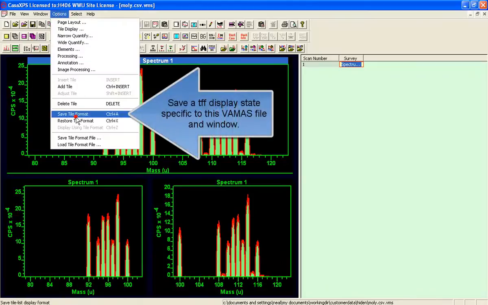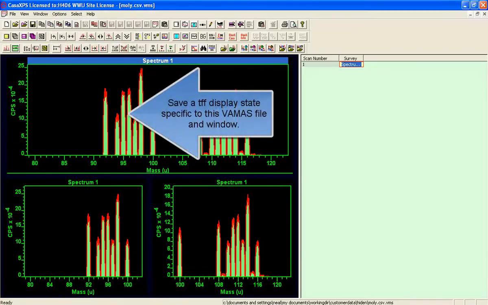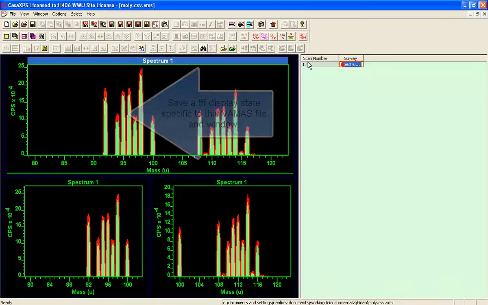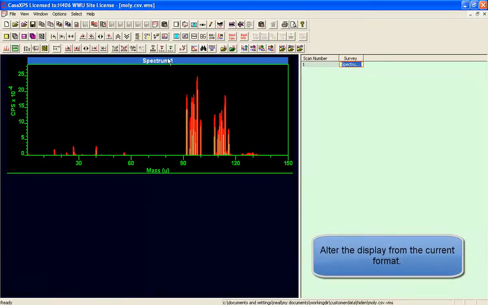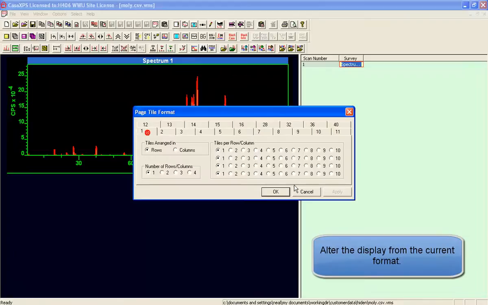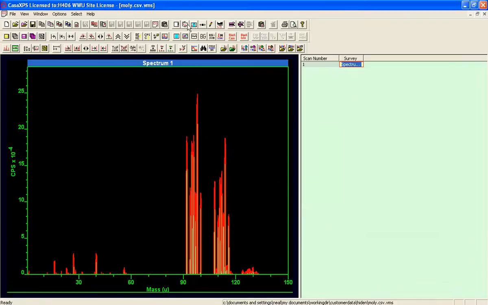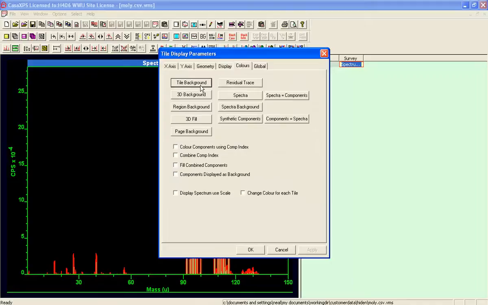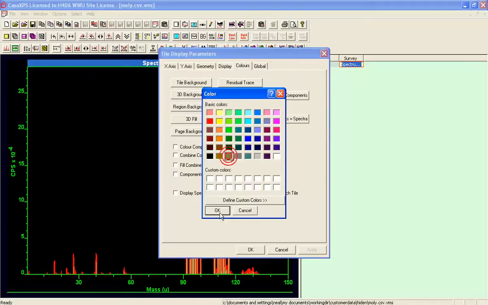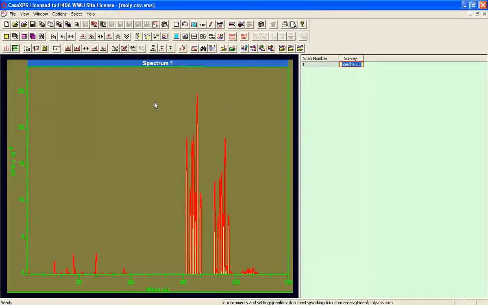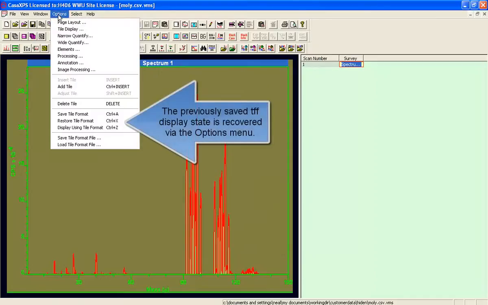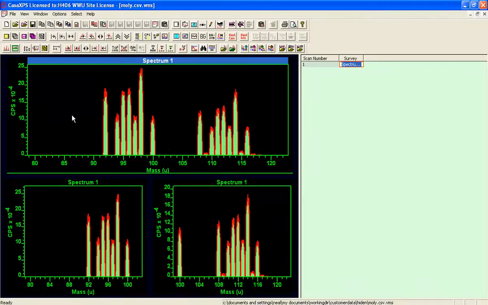So on the options menu, there's a temporary saving of the file format, and that temporary option can be restored using the options menu also. So we'll just adjust the display so you can clearly see what happens when we select the restore option. So go to the options menu and say restore tile format, and so we go back to the state when